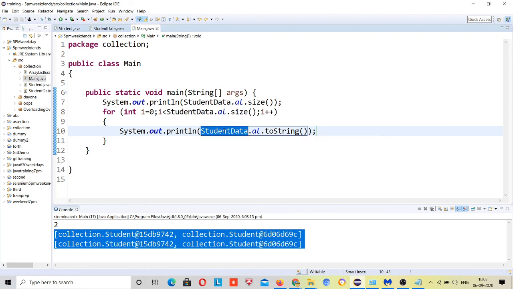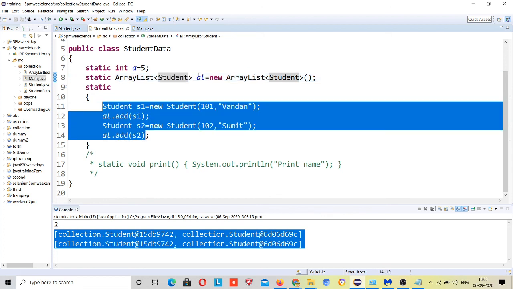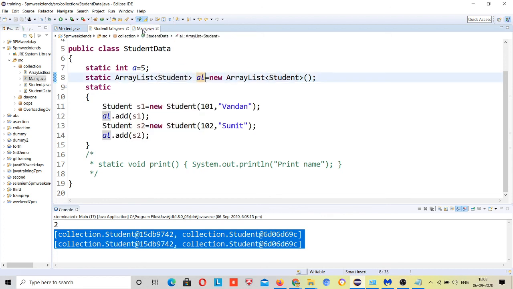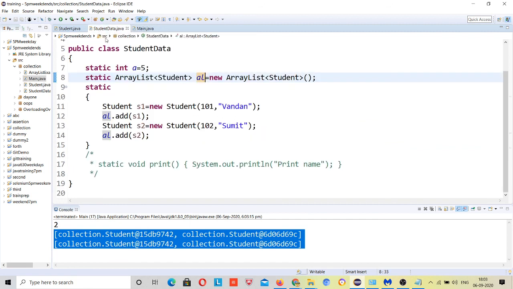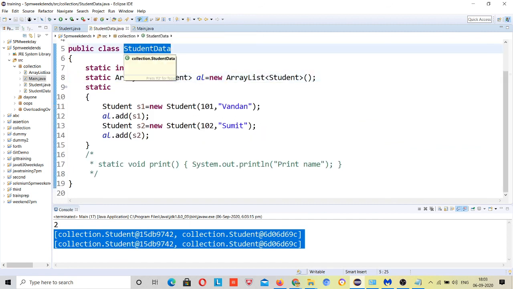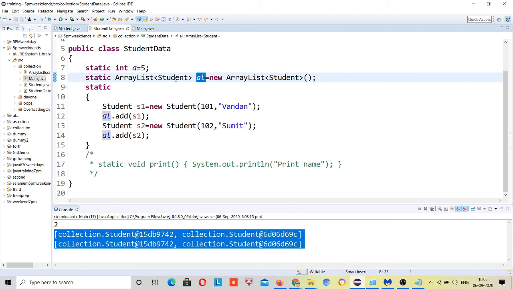This class means that it has the student type of data that you have added over here, right? And you are printing the array list, right? Don't relate it to student as a data type; Student is just a class name. With the help of this class name, you are accessing this variable AL. And what type is this AL? Actually this AL is of student type, right?